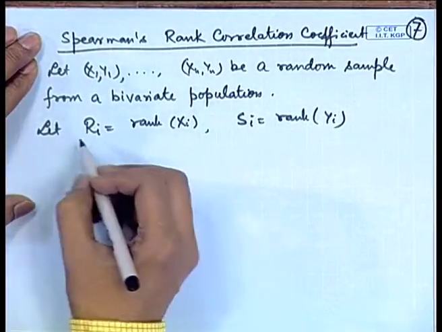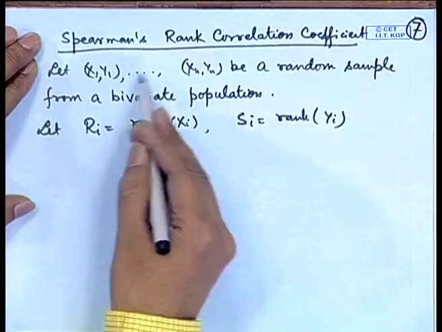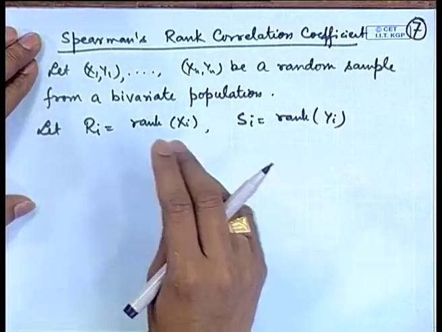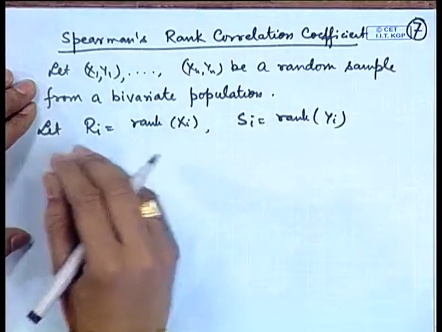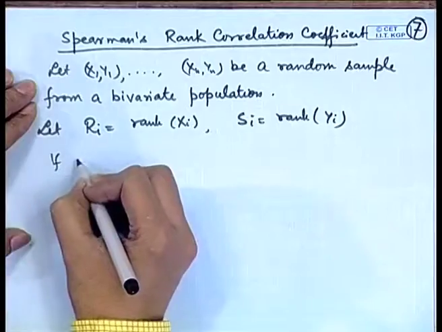So, what is the meaning of rank? We arrange these xi's and yi's in increasing order. So, the smallest value is given rank 1, the second smallest is given rank 2, like that. Now the data may be discrete or continuous. If the data is continuous, then the probability of equality of two observations will be 0. So, in that case the rankings will be unique, that means all the ranks from 1 to n will be allotted.